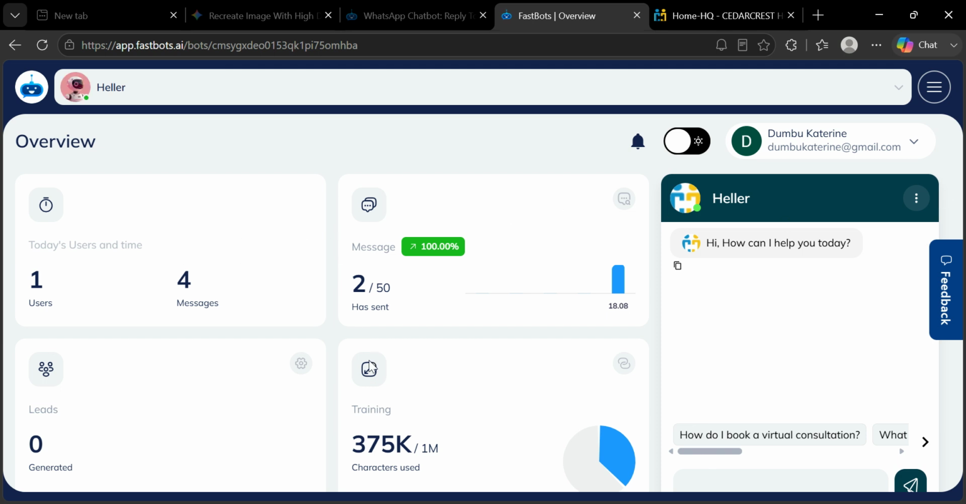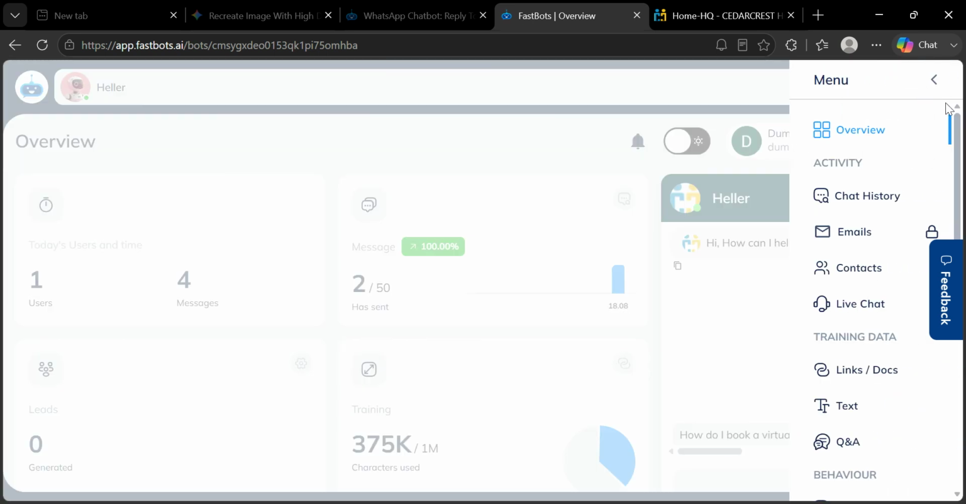It's showing one user, and that one user is me. I'm the one using it for now. We have 4 messages. So this is your dashboard, this is how the dashboard looks. You can try this out at your own free time and see how it works. This is the link here,